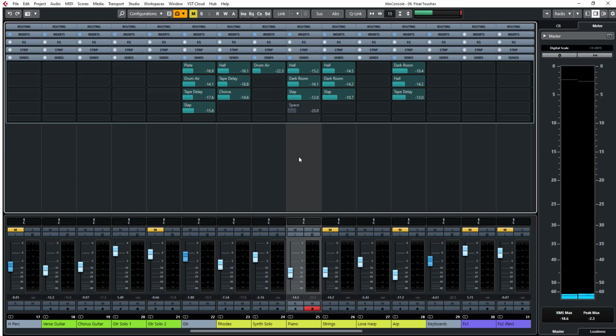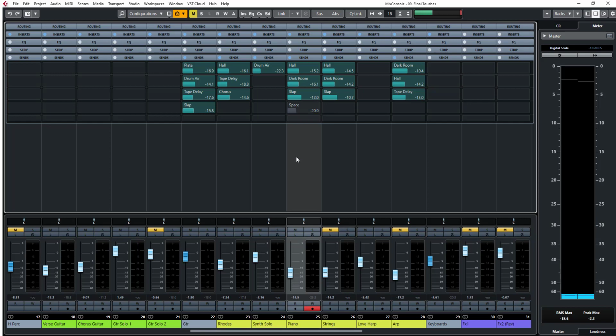And then the piano, to make sure that the piano is behind the guitar and the Rhodes, I have a hall and a dark room. So the dark room is just making sure that I push the piano further at the back behind the Rhodes. And then as you can see, I disabled the space effect because I wanted the piano to be further at the back, right? But with the space effect, it became inaudible. So I couldn't hear it anymore because the space effect pushed it further at the back